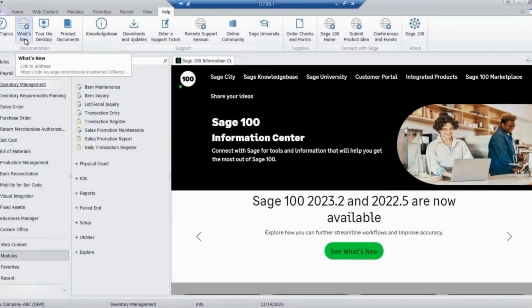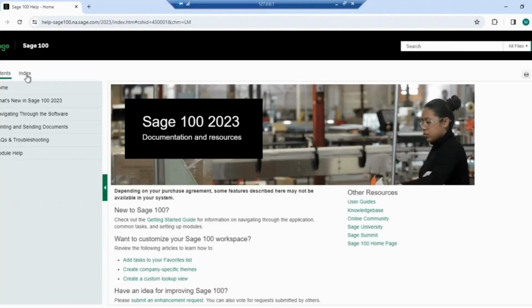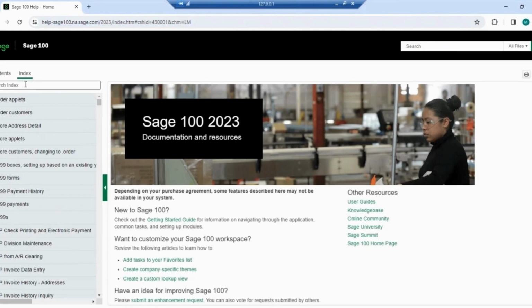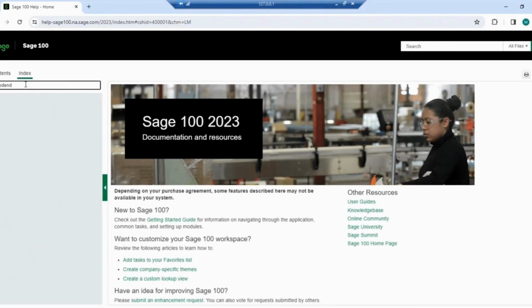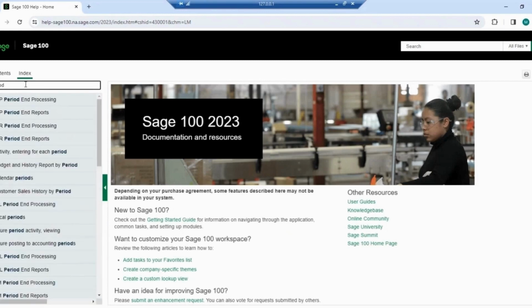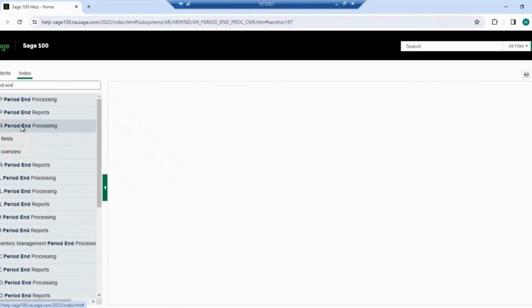Very good year-end, period-end checklists in the help system in Sage. So when you're in Sage, if you just go to help topics, and I'm going to do an index search and just do a search on period end, you'll see there's a number of options that come up. And if we go down to accounts receivable period end